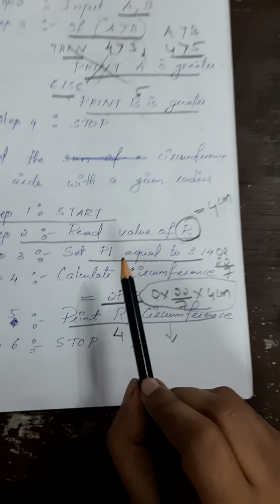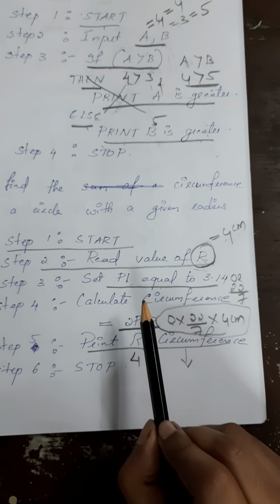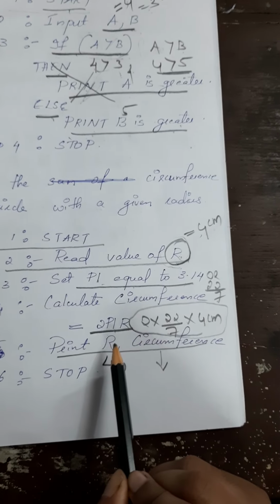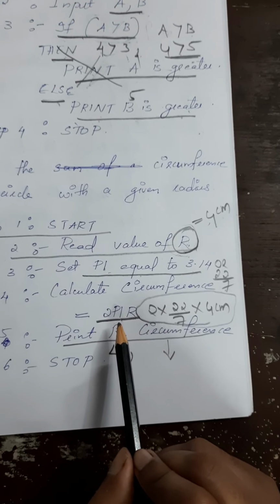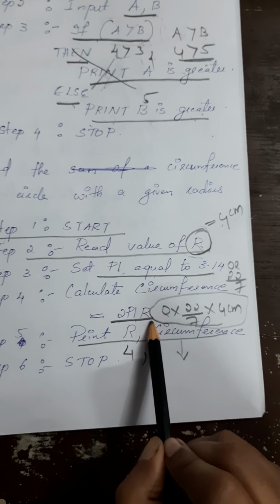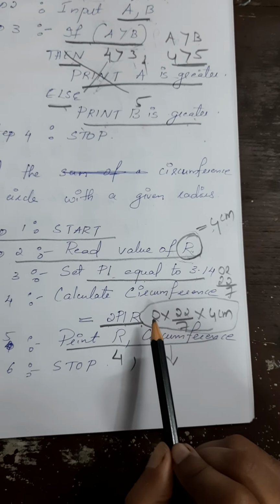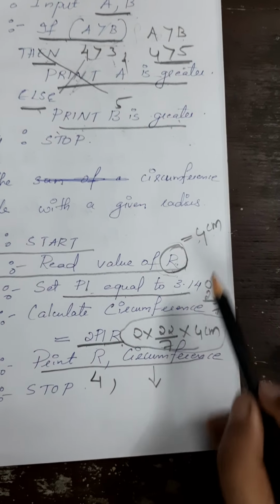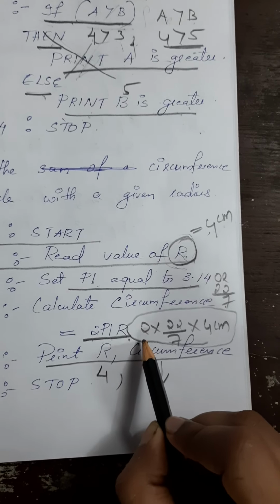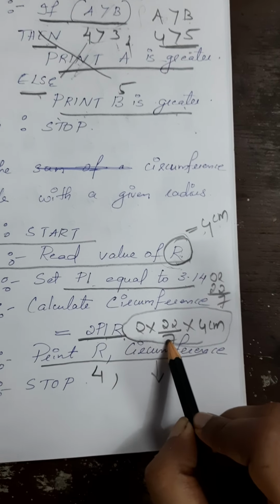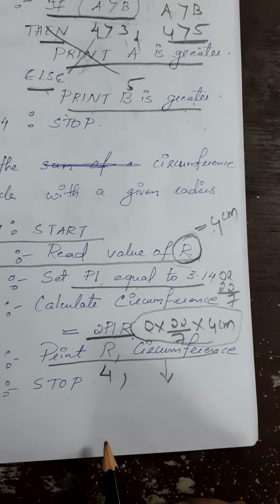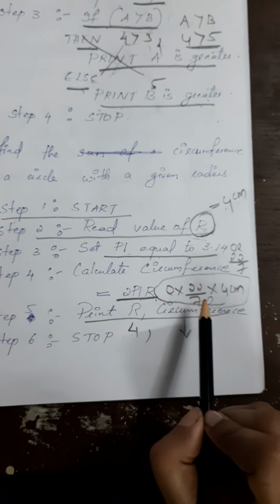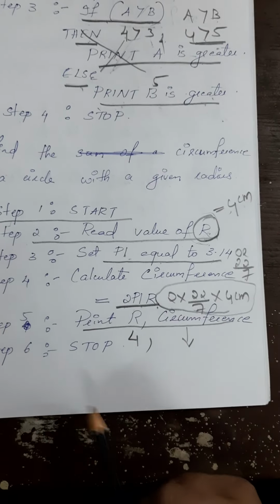So now we have given the input values. After providing the input to our algorithm, we need to give the equation for finding the circumference. We know the equation for finding the circumference, that is 2 pi r. And for example, we'll give the radius. We have taken radius to be 4 centimeters. So in our equation, first you have to write 2 into pi value, which is 22/7, into 4 centimeter. Okay. And after providing the equation for finding the circumference, you need to get the output.